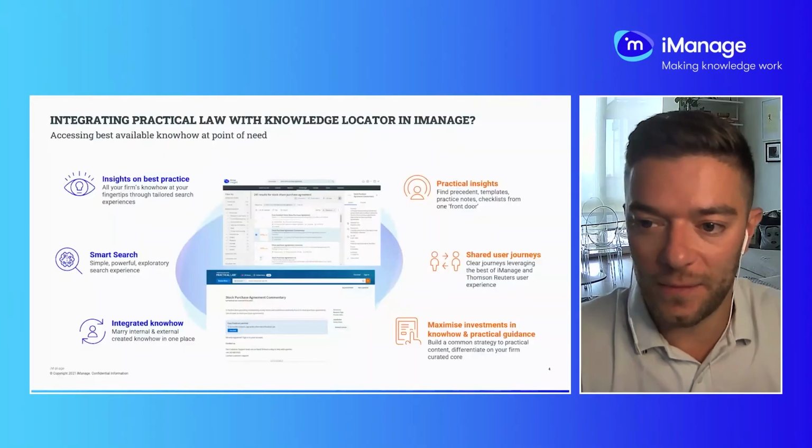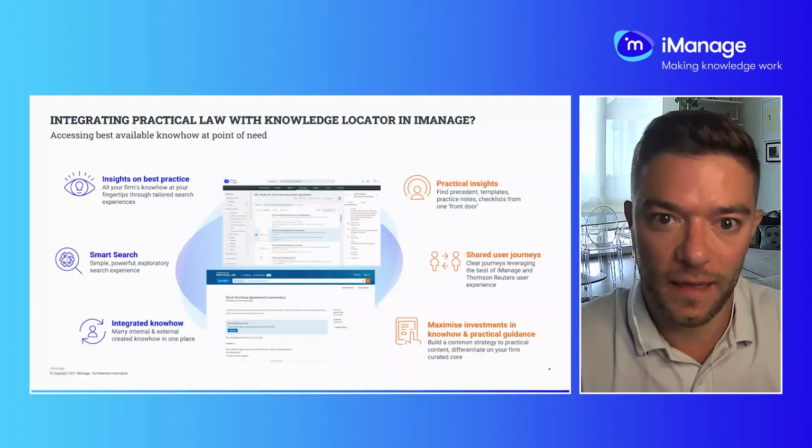So Zori, do you want to touch on the practical insights here, and talk us through some of the type of things which are in Practical Law and when they're needed, so things like precedents or templates. When somebody's working on a new assignment, one of the things that we hear regularly, and I'm